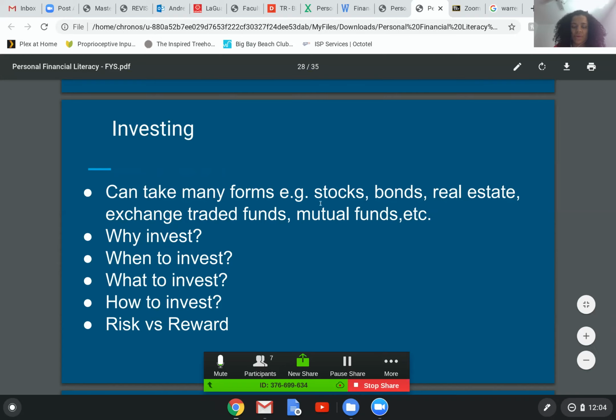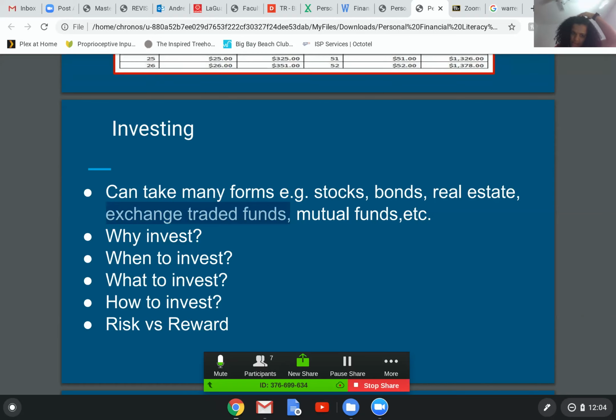So it could be things like stocks. You could invest in bonds, which is kind of investing in the debt of someone else. Real estate, so buying properties. Exchange traded funds, which are almost like stocks, except that it's a number of stocks together in a type of basket of stocks, and mutual funds are the same. So, this is only an inkling. There are other things, cryptocurrency, Bitcoin, derivatives and so on. I didn't put those on the list because those are even more specialized products.